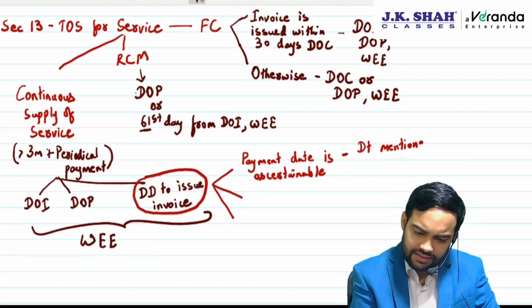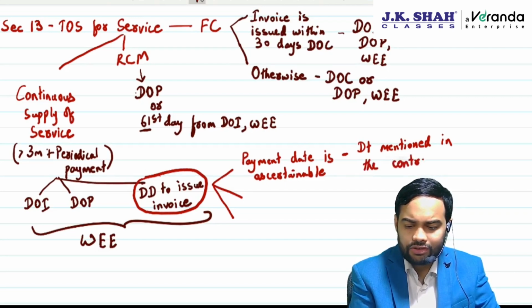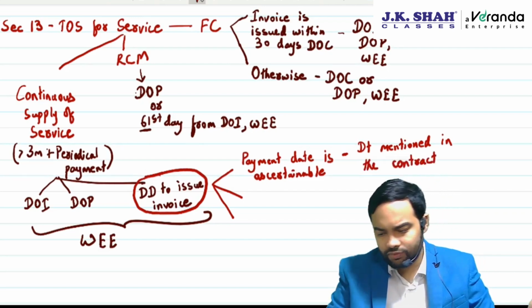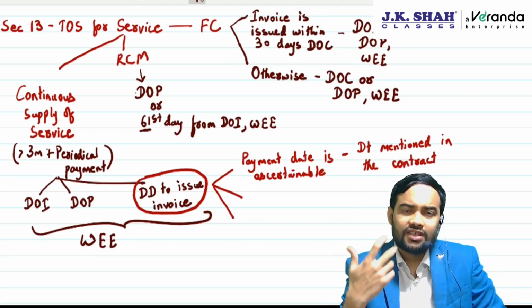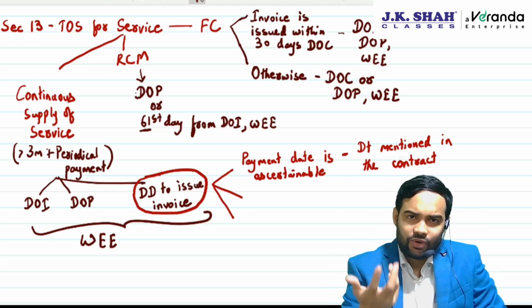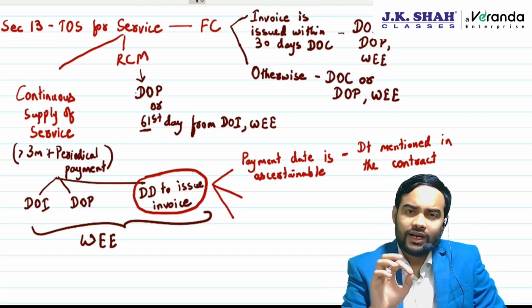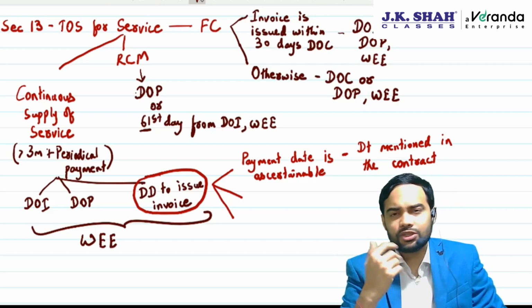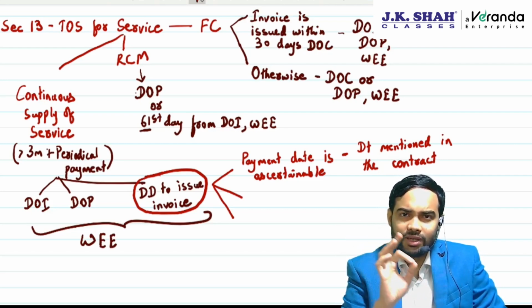I'll give you an example which is coming through a circular. Now, let's talk about spectrum allocation. What happens in spectrum allocation? 2G, 3G, 4G, 5G, all these licenses are given by government. When spectrum is allocated, basically there can be two types of contracts. One, upfront payment. Say suppose upfront payment is made, then it's not a continuous supply of service, normal forward charge